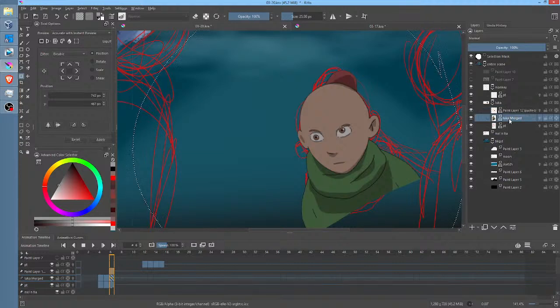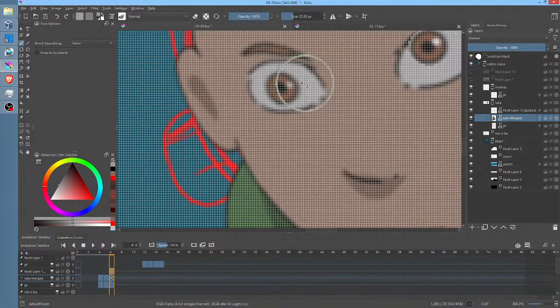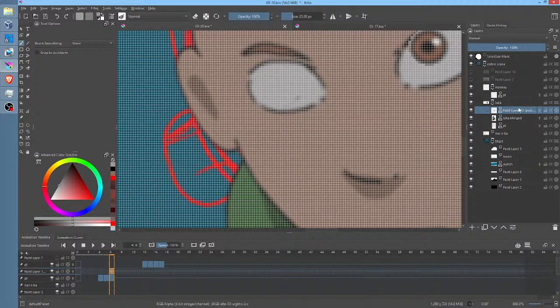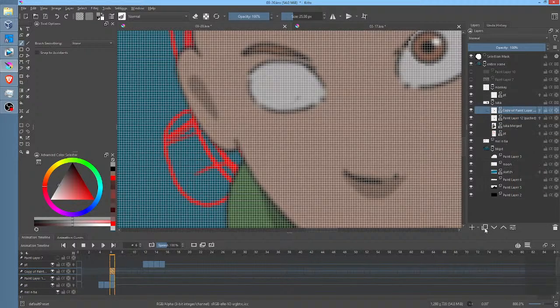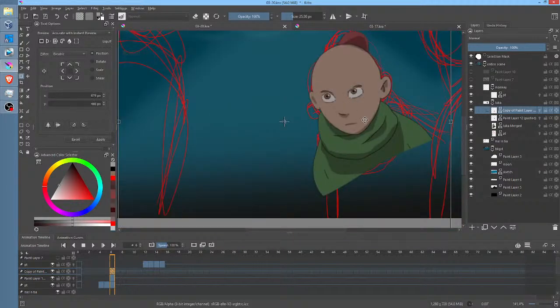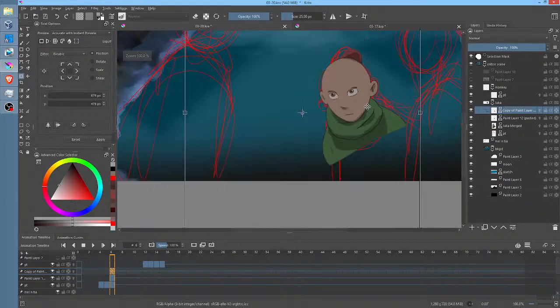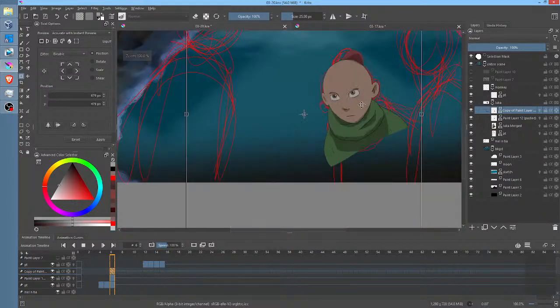Okay, so what we're going to do is grab the Luca merged layer, and we're just going to paint this out. Okay, so B key, sample that color, and just paint this out. We don't need it. Okay, now watch how we keep these synchronized. All I'm going to do is duplicate this layer, hit the A key on the duplicate, and put it over here. And obviously there's a little bit of cleanup that's going to be required.